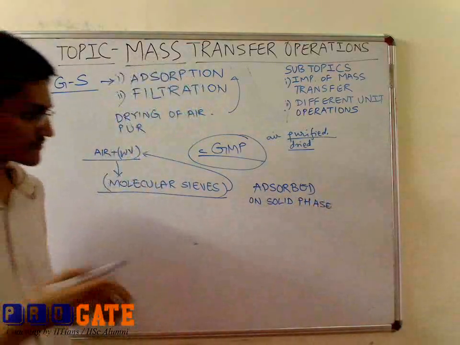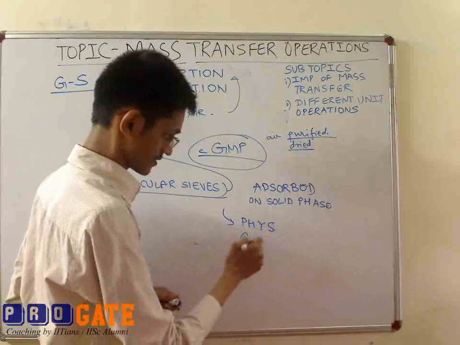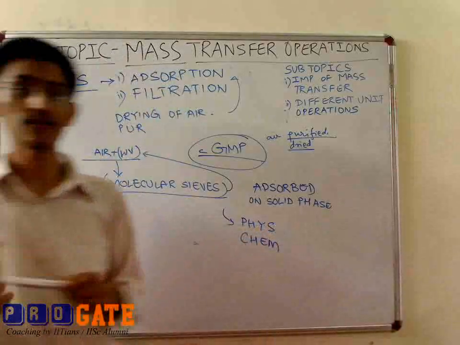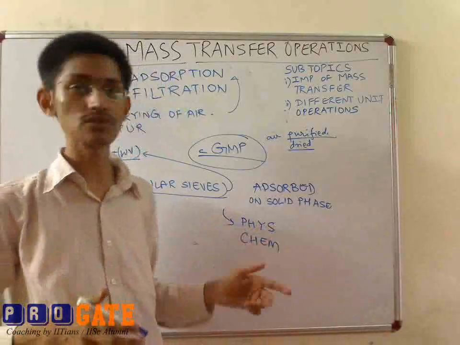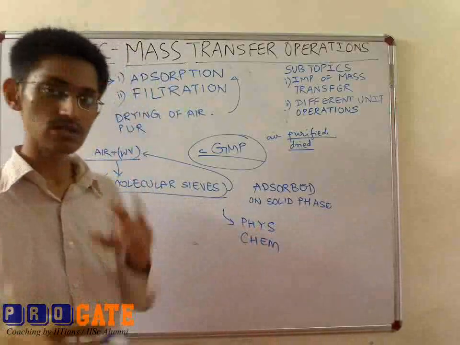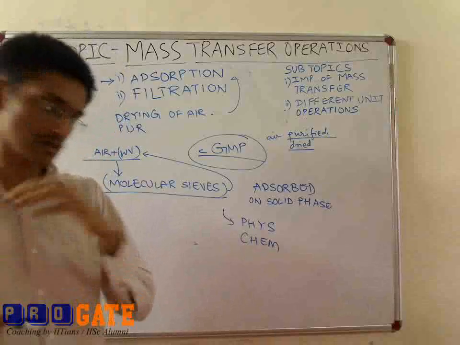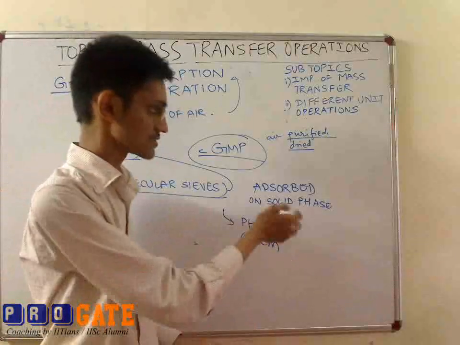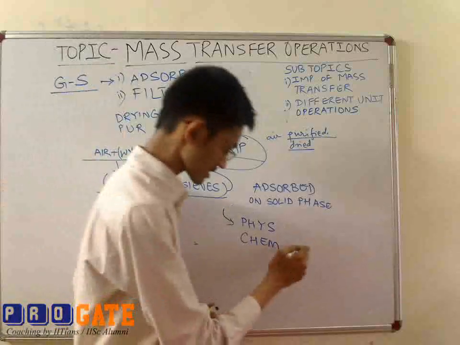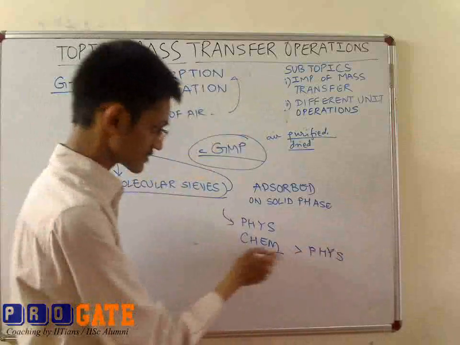This adsorption may be physical adsorption or chemical adsorption. Physical adsorption takes place because of the van der Waals force of attraction between the solutes of the gaseous and the liquid phase, whereas chemical adsorption is due to the valence forces of attraction because of the valence electrons present in the solute of both the phases. So chemical adsorption is stronger compared to the physical adsorption,